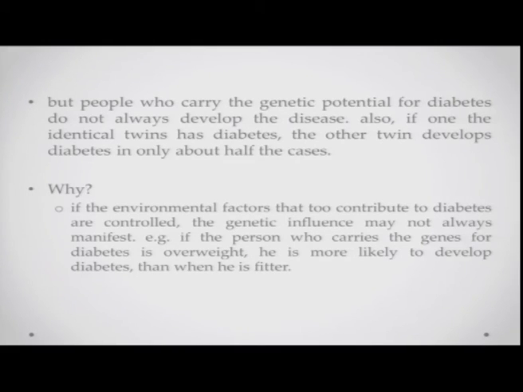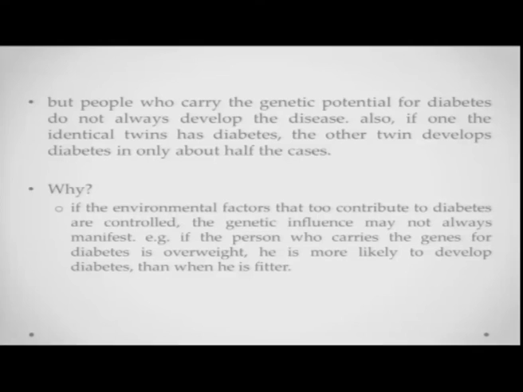It's like, say for example, for some cases, if both parents are diabetic, it's highly likely that the child might also have diabetes, but the child chooses or adopts a lifestyle that does not end up having diabetes. How can this happen? So this could happen, say for example, if the environmental factors that also contribute to diabetes are controlled. For example, the genetic influence may not always manifest if the person is following a particular lifestyle, proper diet, proper exercise, and avoiding the environmental features that lead to the person having the disease.